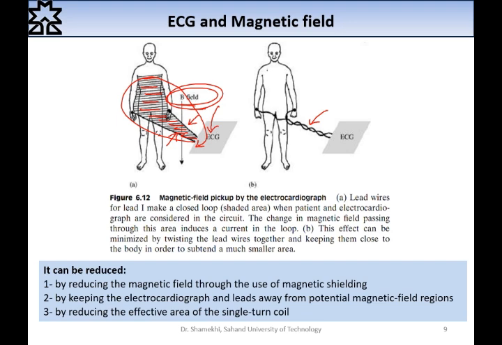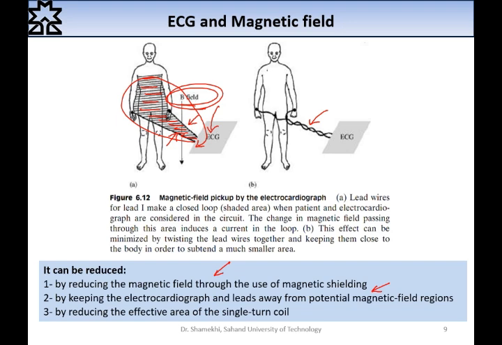Overall, we have three choices: reducing the magnetic field, keeping the electrocardiograph and leads away from potential magnetic field regions, but these choices are not completely under our control, and only the third one, reducing the effective area of the single turn coil by twisting the lead wires, is in our hand,